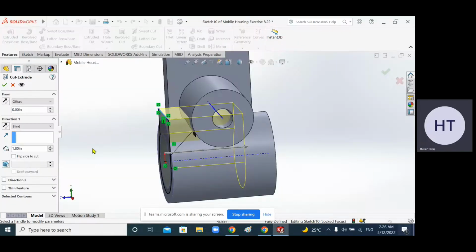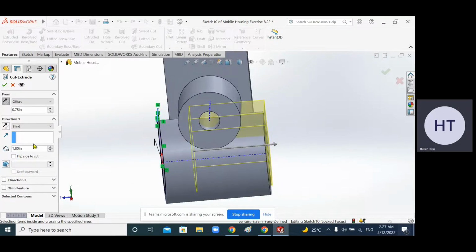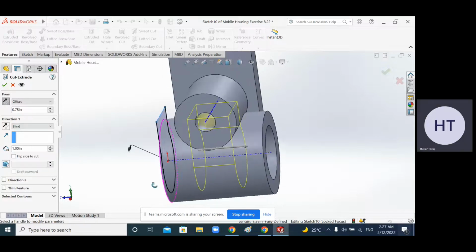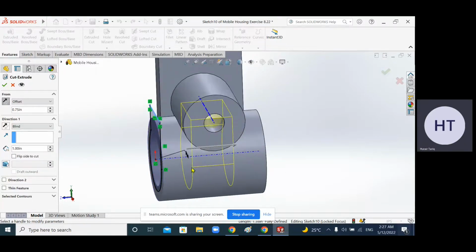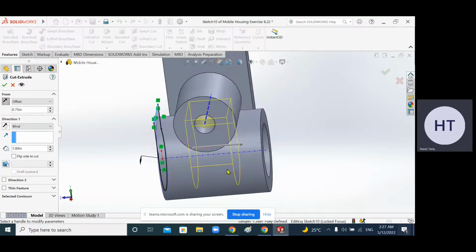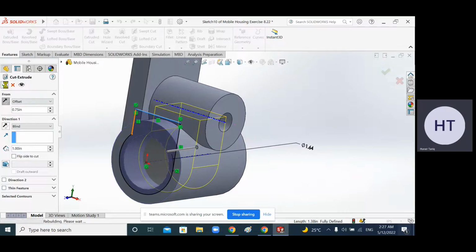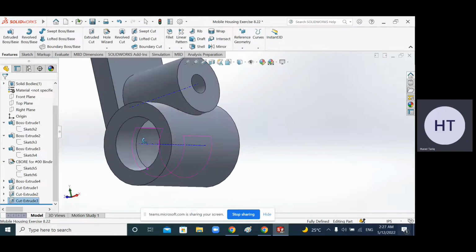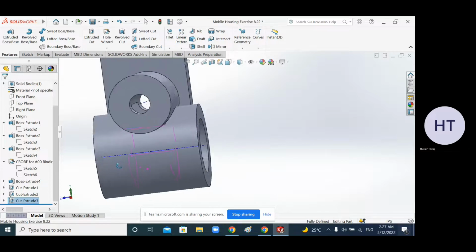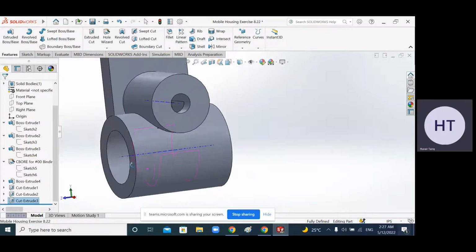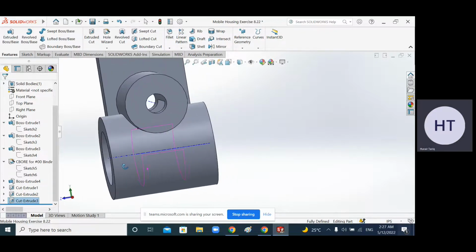So I'm going to choose a 0.75 offset. Okay, other direction. And how much? It's 1. Okay, so this is actually the cut. So I started 0.75 from here, and I'm going to cut 1 unit. So this is actually the cavity, and that's the cut. Click OK, and you will see a cut which is inside. Okay, so I've made the half cut. I have made the half cut, but the other